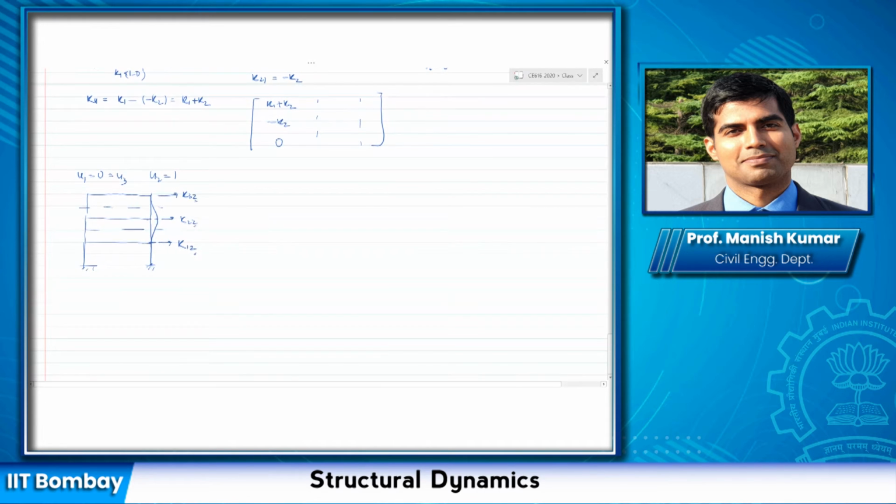Okay, again cut it and then see what you get. For example, here K12, if I consider story stiffness as K1, K2, K3, K12 would simply be equal to 0. I know that because there is no force. No, it won't be equal to 0. Sorry. It would be equal to 0 from the bottom, but then I have again force from the top due to deformation in K22. Okay, so let me just draw the free body diagram of this one instead of just guessing.